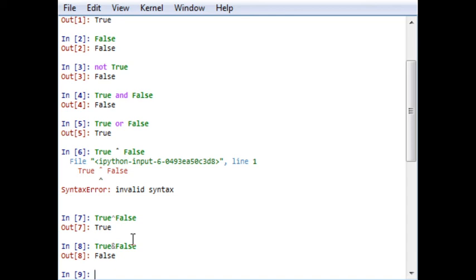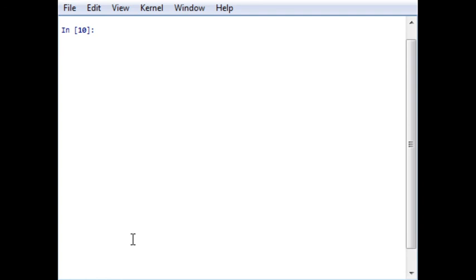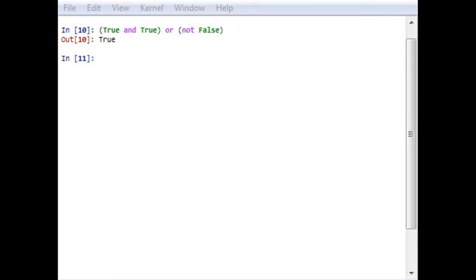Now let us switch over to complex logical statements. Let me clear the editor first. For a complex statement, for example, I write True and True, and then I write or and give another value. This is a type of complex statement. Let's see what the output is. It will be True. The same thing occurs if I use one or and one and function. It will also give me an output.